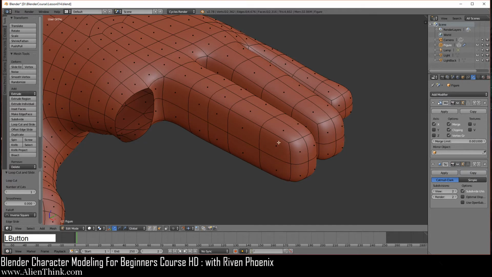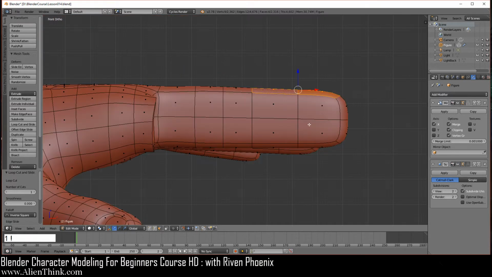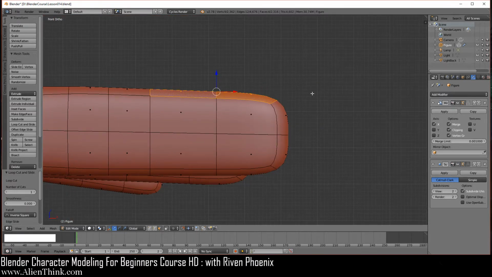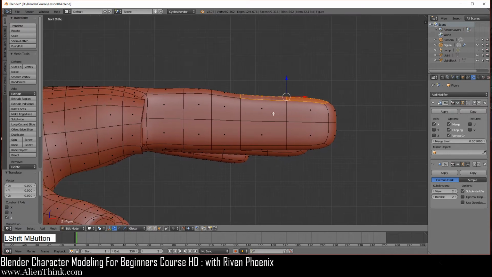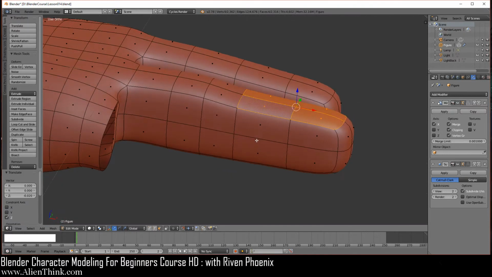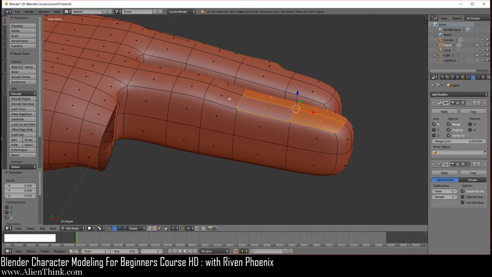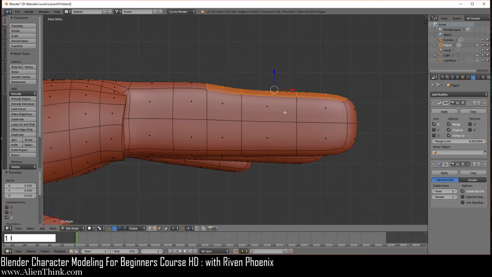So go ahead and click on the face select mode, click on this face, shift key down this one, and this one. Then go to your front view by pressing 1. So in the smaller grid units over here, we're just going to bring this down 1 and then 2 times. Just zoom out a little bit over here, then rotate with your middle mouse button, and you're going to select these two faces. So shift key down this one and then this one, then go to your front view again. Now we're going to rotate this only one time. So I'm going to press R and then rotate it like this, one nudge.